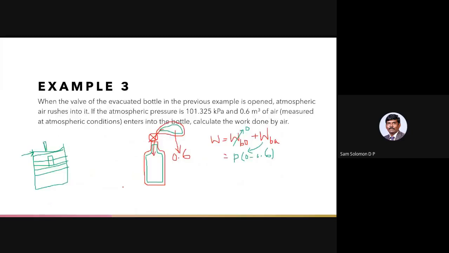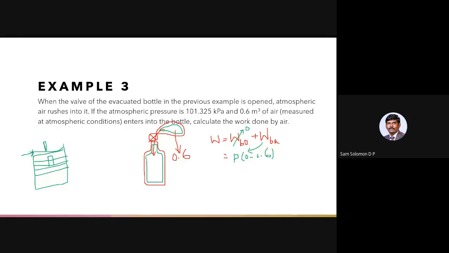Work done by the air also, which means, see, if in this case I have this balloon, the balloon is shrinking. Are you following me, Kaushik? Yes, sir. The initial volume of the balloon is 0.6 meter cube, and the volume of air inside the balloon is also 0.6 meter cube. When the balloon is shrinking, the air is entering into the bottle. Here all the air has entered, so the volume of air inside the bottle is 0.6. No doubt about it, right?